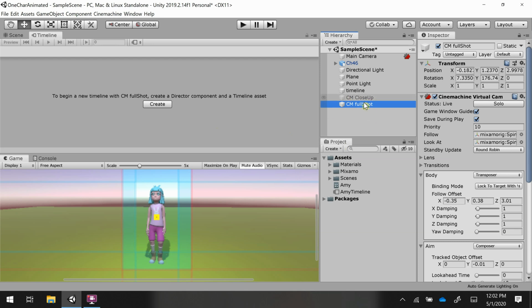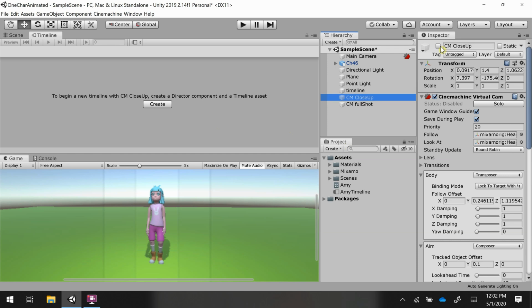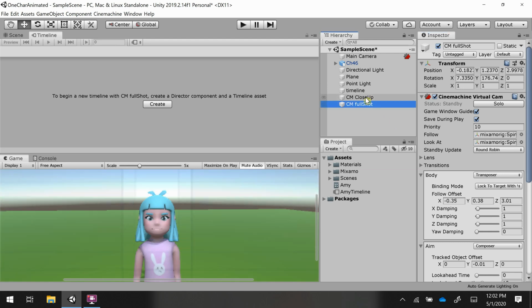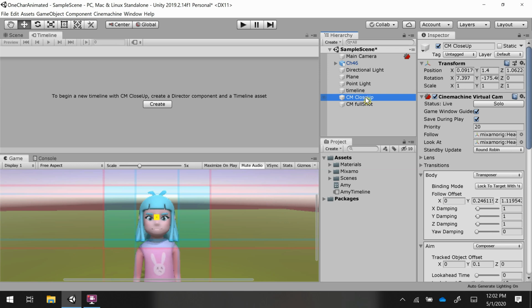It's dimmed out because I wanted to work on the full shot perspective without having that camera in my way, so I deactivated it, which you can click right here. Now you can see that this camera's ready to go. This camera's ready to go. The reason this camera is showing me the shading that I'm accustomed to is because it's currently the active